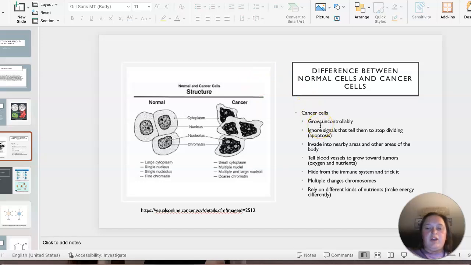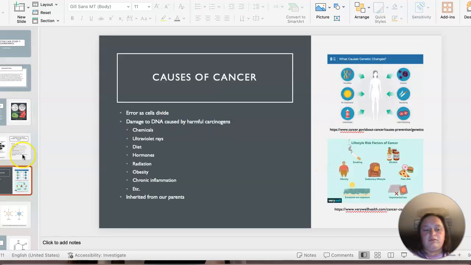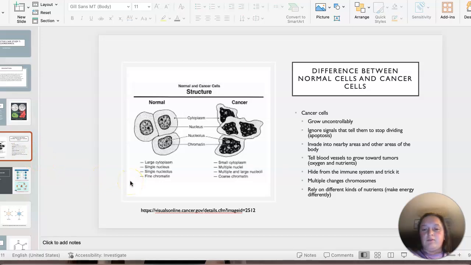They grow uncontrollably. They ignore signals that tell them to stop dividing and go into apoptosis, which is cell death. They invade nearby areas or other areas of the body. They tell blood vessels to grow towards tumors, and these blood vessels carry oxygen and nutrients that help these cancer cells keep growing and dividing, making the cancer worse. They hide from the immune system and trick it. They change multiple chromosomes, and they rely on different types of nutrients, allowing them to make energy differently and survive